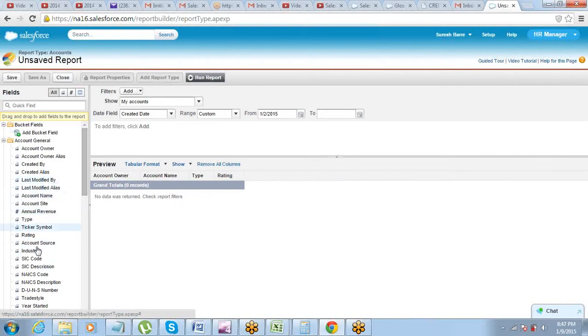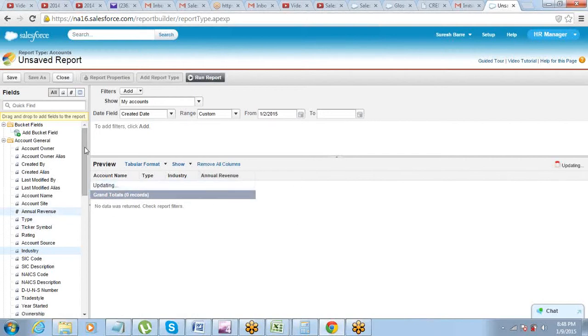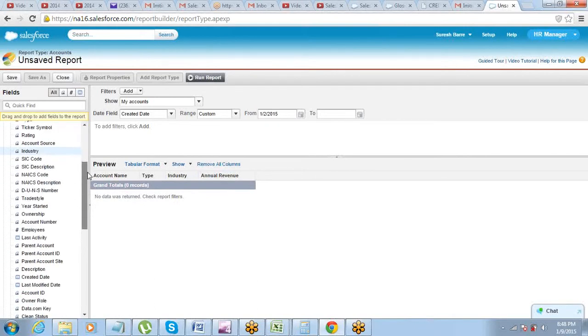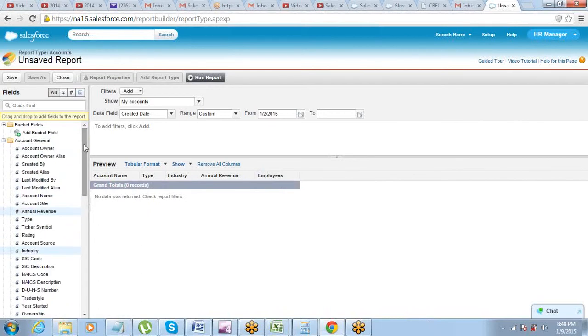If you want to bring some field, you will have to take it from here and put it on the report builder area, the preview section. Okay, so whatever fields you need in the report, just bring those fields, remove everything else. Rating I don't need, let me remove. Type of report I already have. Revenue I want, let me bring the revenue. I want other field called number of employees, let me bring this. So whatever fields you need in the report, just bring those fields, okay, from here. The ones that you do not need, you can remove those.